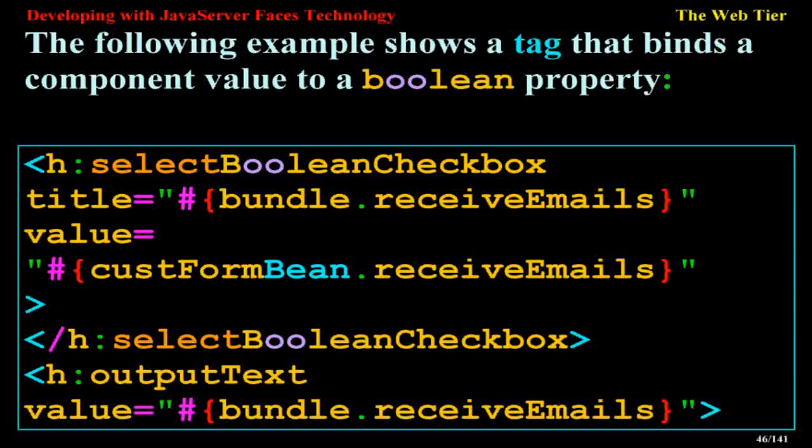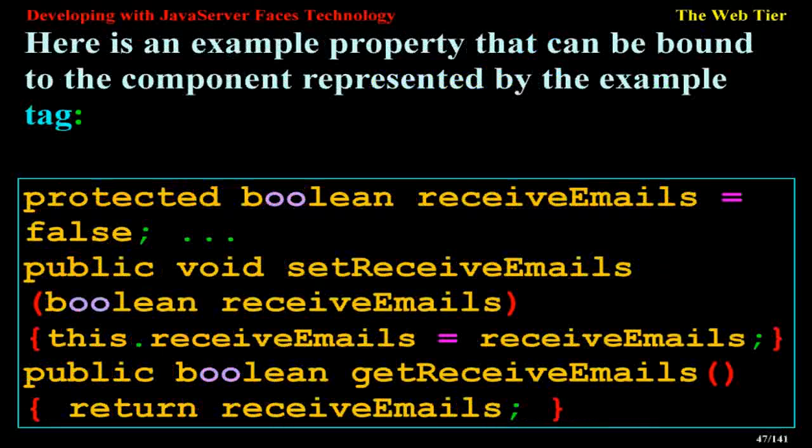selectBooleanCheckbox. outputText value="#{bundle.receiveEmails}". Here is an example property that can be bound to the component represented by the example tag. protected Boolean receiveEmails = false; public void setReceiveEmails(Boolean receiveEmails) { this.receiveEmails = receiveEmails; } public Boolean getReceiveEmails() { return receiveEmails; }